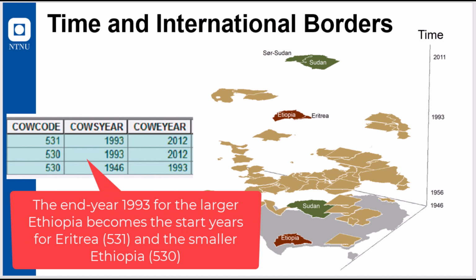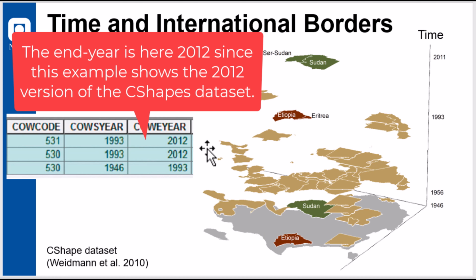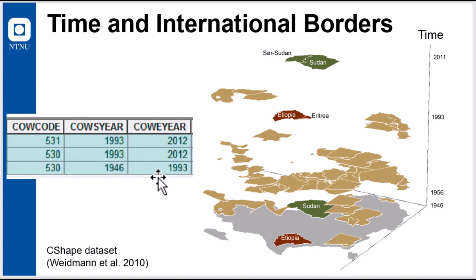The end year is not necessarily when the country stopped to exist, but it may also be the version of the dataset. Here, the end year is showing 2012, and this is because the dataset is the 2012